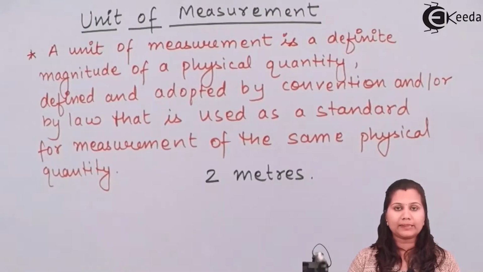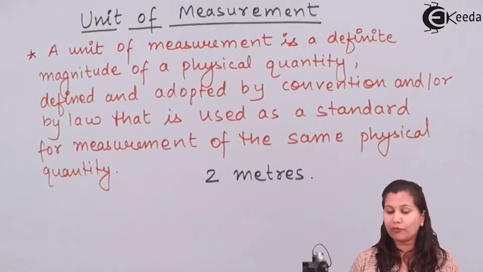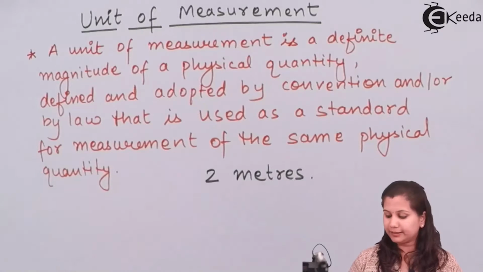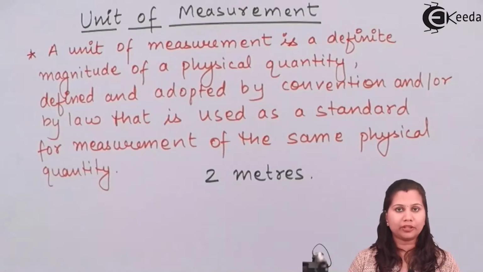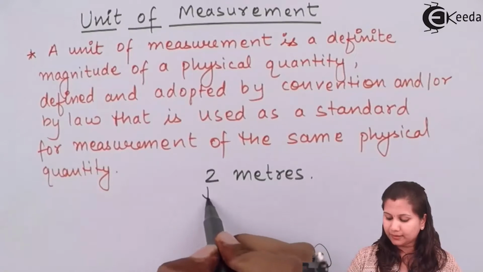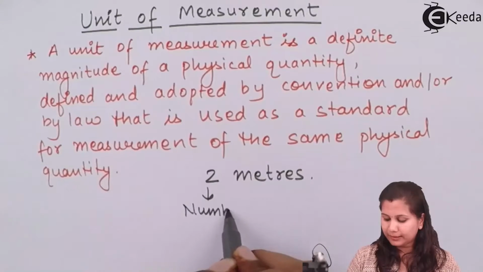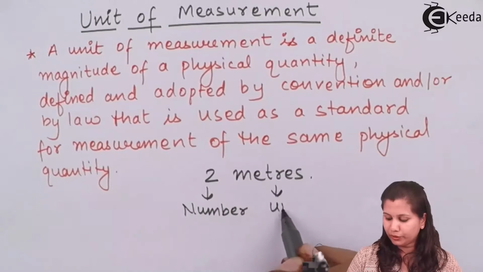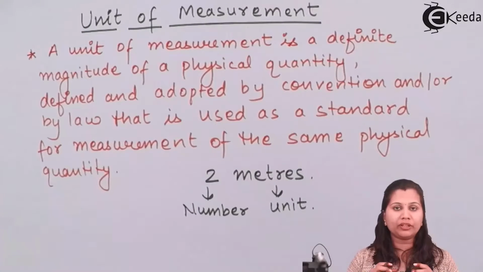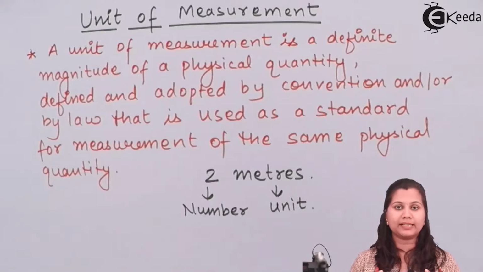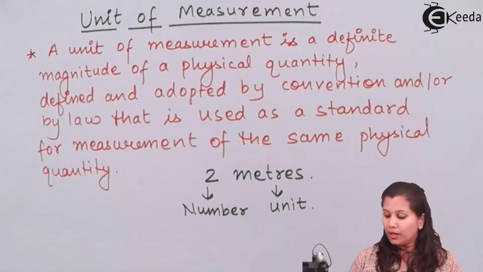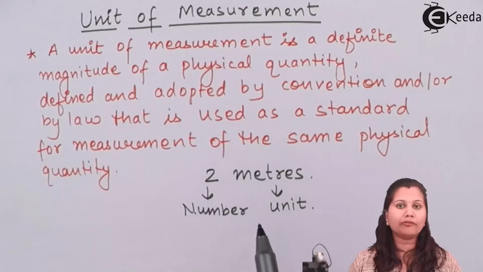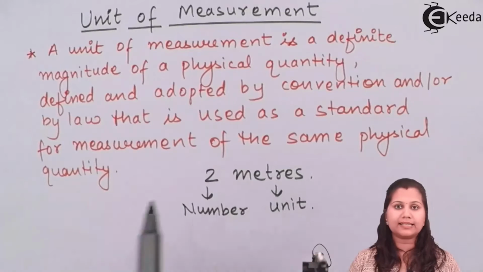We are expressing the distance, like the distance between two objects is 2 meters. So this is the result of the measurement. Here 2 is the number and meters is the unit. Whenever we are measuring a physical parameter like distance or length, we express it in meters, and this meter is the basic quantity in which we measure